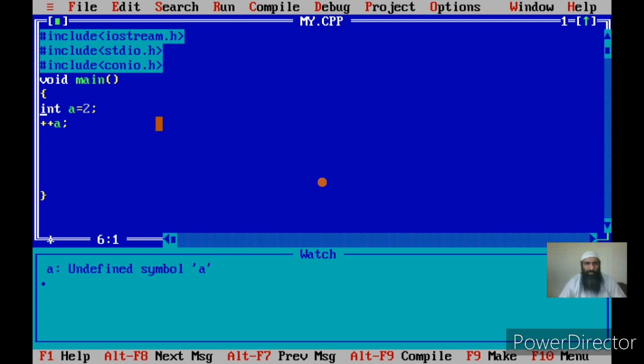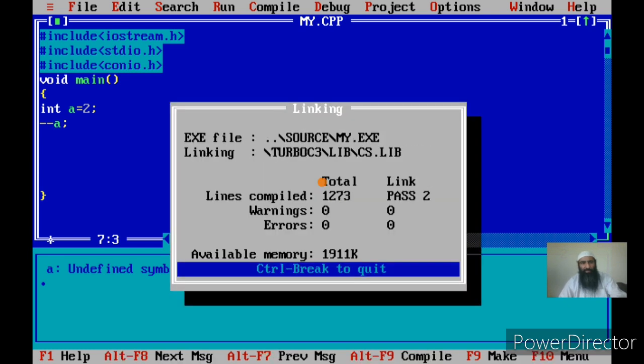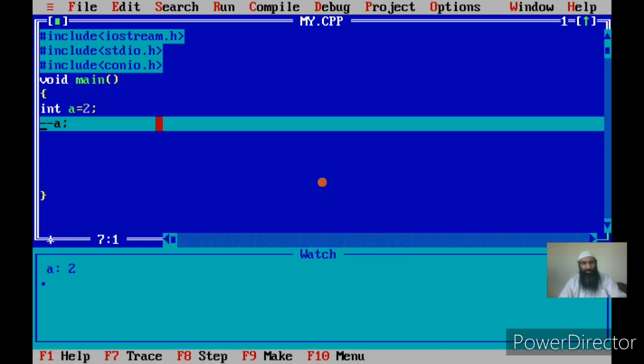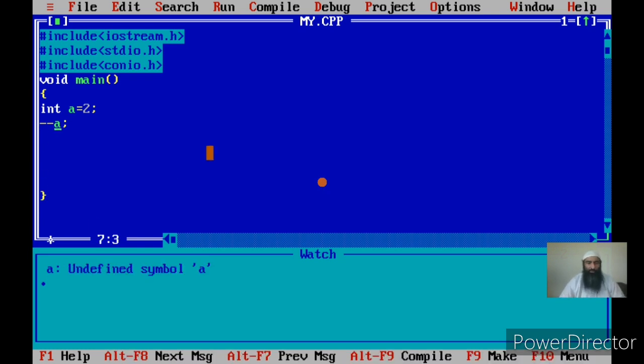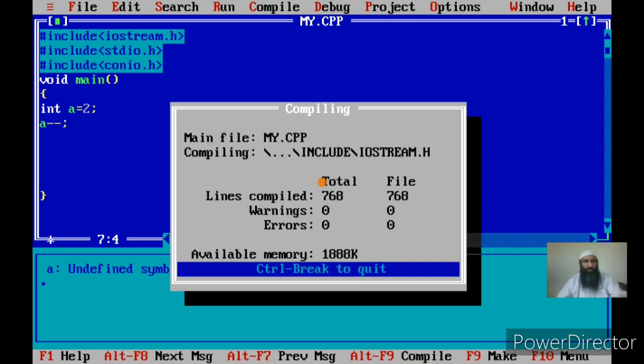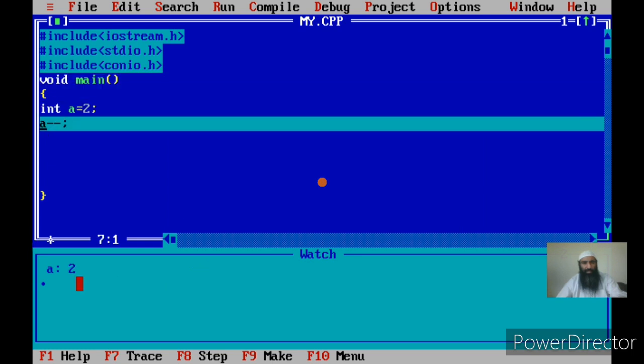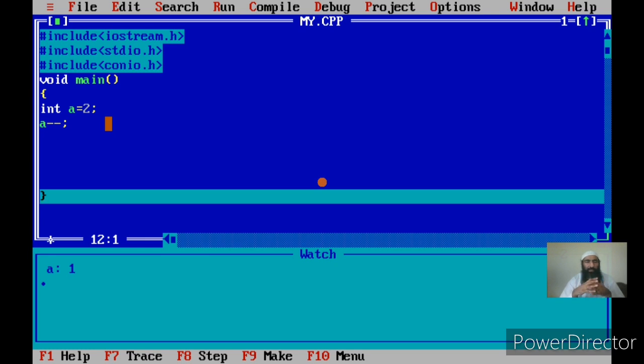Okay. Now in case of decrement operator, first let me use it in a prefix form. Again, once I execute, you will see a is 2, and after the execution of the next statement, in which I am using a decrement operator, a has become 1, if you see in the watch window. Okay. Again, in the postfix form, we can place the decrement operator after the a. So once I execute it, again the same thing will happen. A has got value 2. Once this operator acts on a, it decreases the contents of a variable on which it acts by 1.